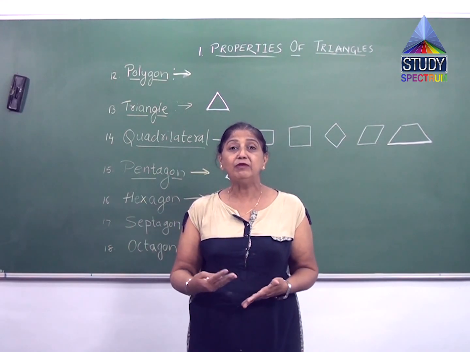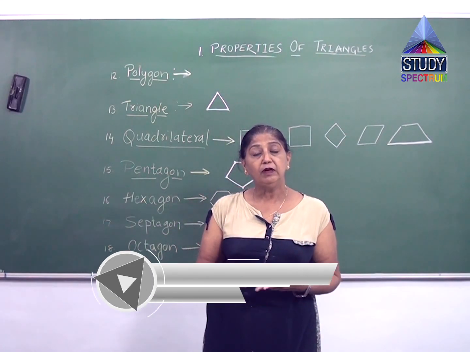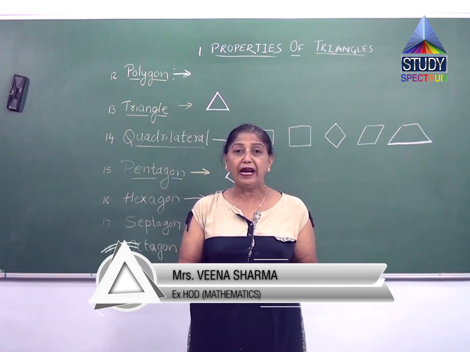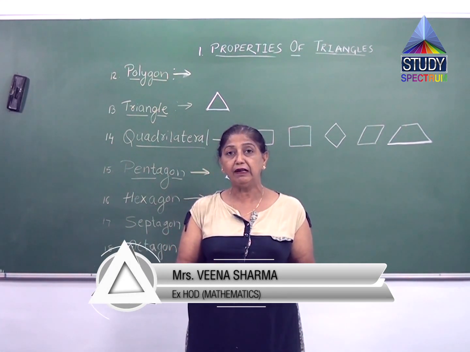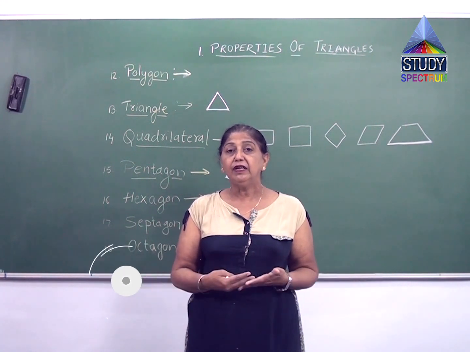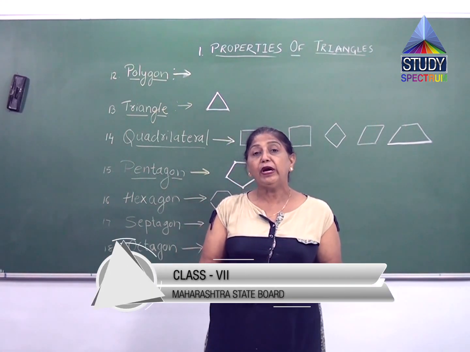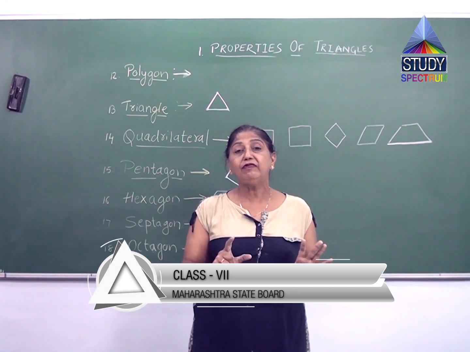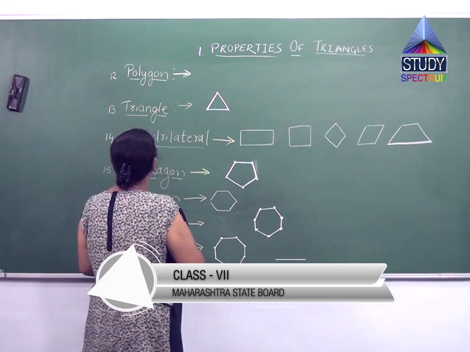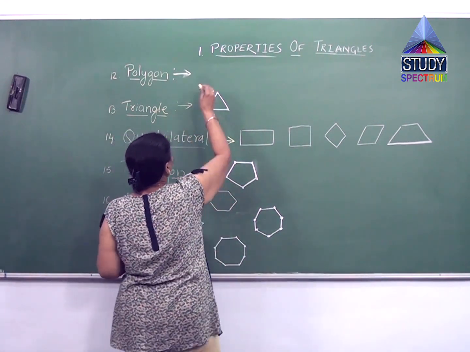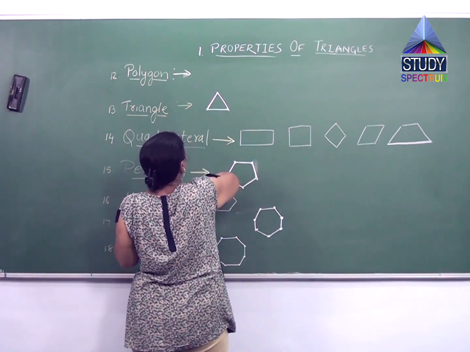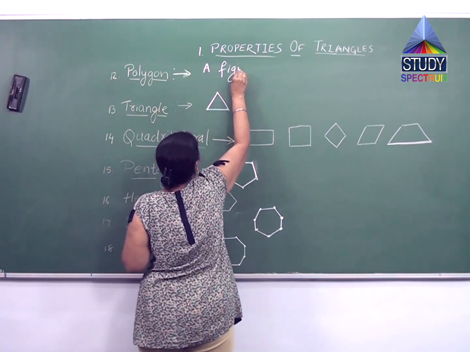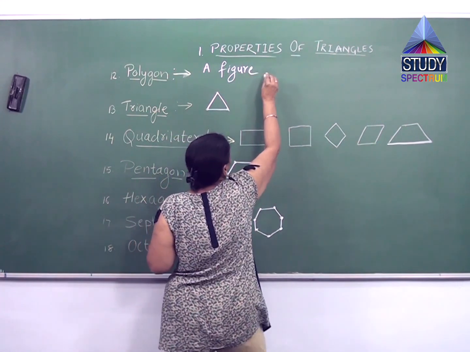Now children, let's come to our topic, which was properties of triangle. Even before going to properties of triangle, let us know what is a triangle. A triangle is a figure. Now in mathematics, any figure which has sides and angles is known as a polygon. So what is a polygon? A polygon is a figure or any shape, you can say, which